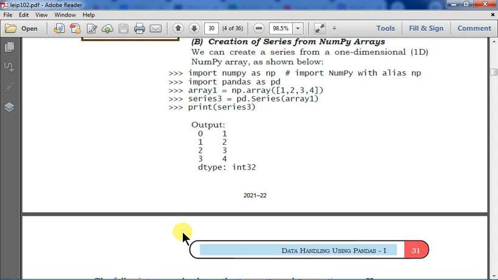So today also we will have the textual explanation as well as the practical explanation side by side. Here NumPy has been imported. You can see import pandas as pd, and then by using np.array. Array is actually a function that is a part of np. Then array1 is the name of the object of array type, and then it has been converted into a series, and finally the series has been printed. So this is actually creation of series from a NumPy array.